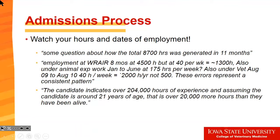Committee will calculate your hours. This comes from a couple of years of people that have overestimated their hours. Most of these do come from people on farms, but people will double their hours. So I had somebody just recently come in and